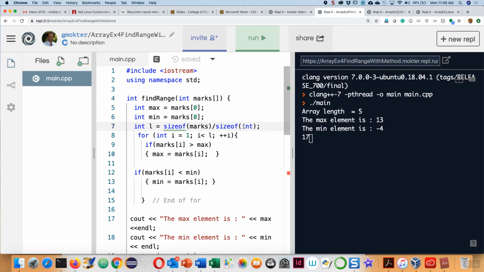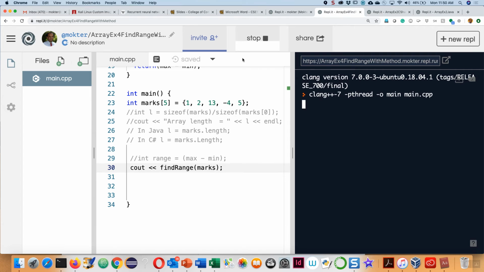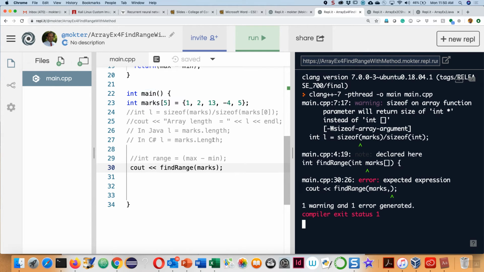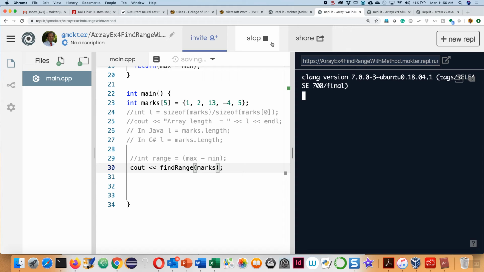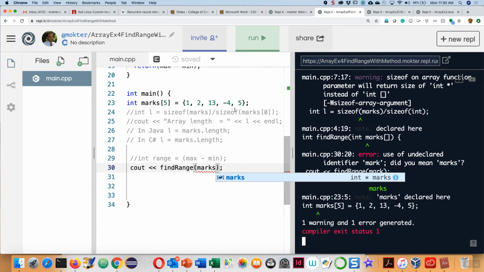No, not int. Oh, sizeof int. That should work. For this way, get rid of length for all other methods. No, for line number 30, you have an error. So test it and then explain this. Okay. So there is an unexpected comma on line number. Okay, that should be